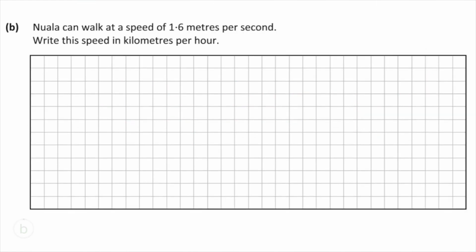So part B is really nice. They just tell us that Nuala can walk at a speed of 1.6 meters per second, and we're asked to write this speed in kilometers per hour. So if we just disregard for a second 1.6 meters and just consider the relationship between 1 second and 1 hour, clearly there are 60 seconds in a minute, and we're going to have to multiply that by 60 minutes